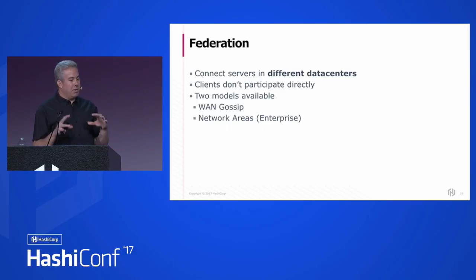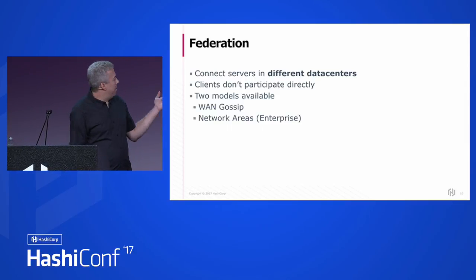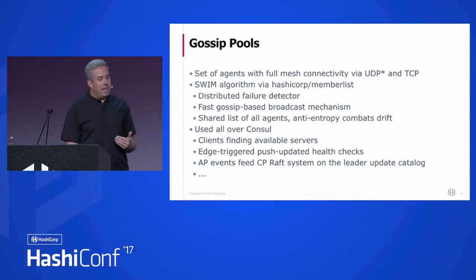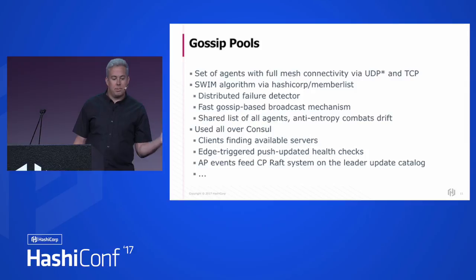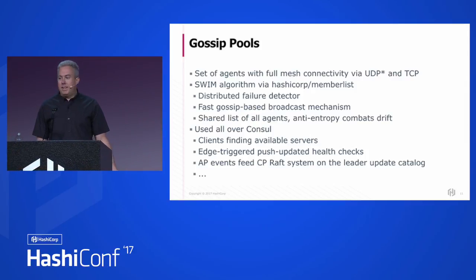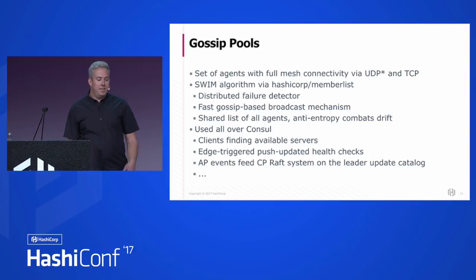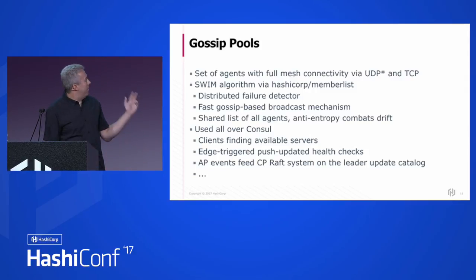But the idea of federation is you take your Consul data centers and you join them together. And there's 2 models here that we'll talk about. One is called WAN gossip, and then one is called network areas, which is in the enterprise version of Consul. And one thing that I'll probably say a million times is the word gossip or gossip pools. So it's worth defining what that is, because that's not necessarily a super well-known thing. A gossip pool is a set of agents that are connected together, and they're basically running an algorithm that's based on an academic paper published under the name SWIM, which has infection-style scalable